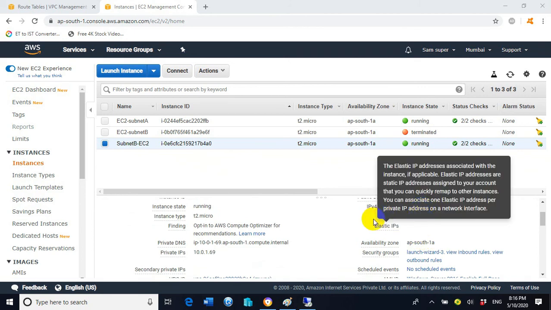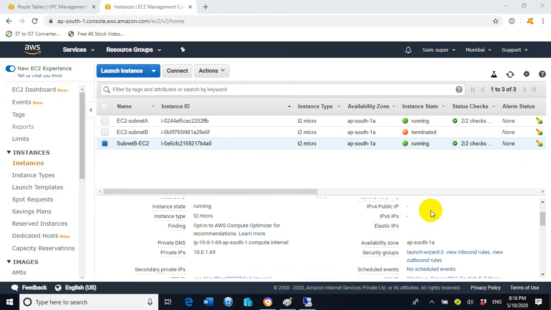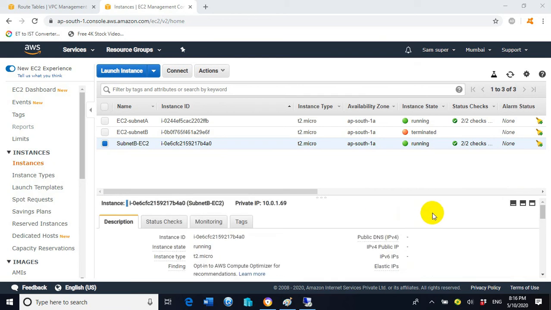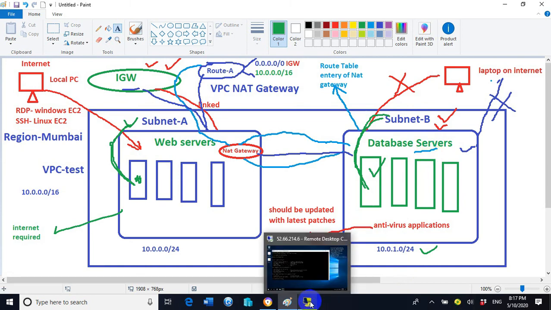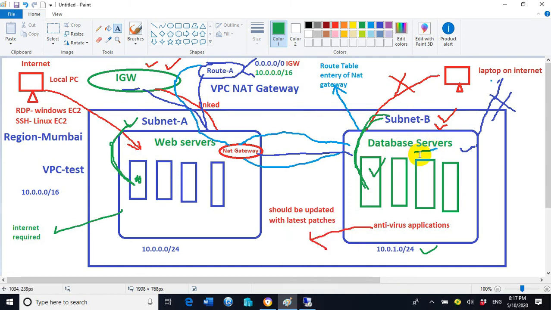So this subnet B EC2 instance cannot be accessed from our local computer, or through RDP we cannot access it, right? This is the purpose that I told you, why the internet gateway IGW is not connected with the subnet B. If the internet gateway is not connected with the subnet B, and we did not enable the auto public IP, then the public IP address will not be available for the EC2 instances located in the subnet B, right?